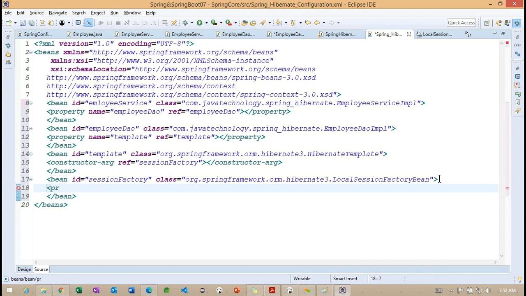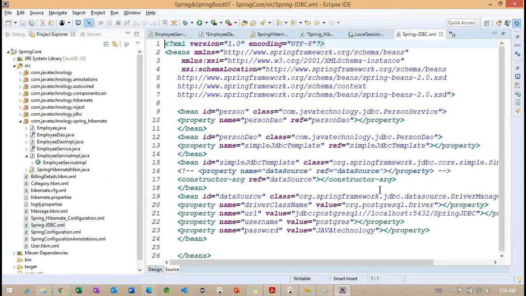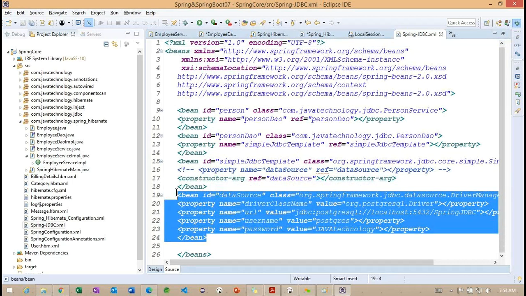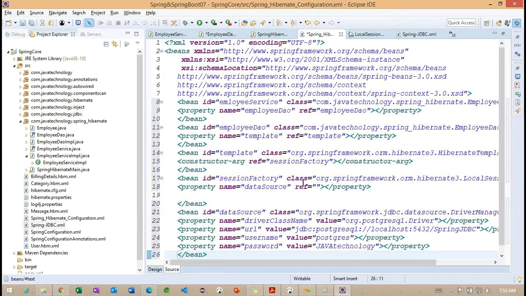Here again I want to work with the property, sorry. Data source. Here I want to work with the references. So to work with this particular reference, what we need to do, here we implemented Spring hyphen. This is a data source configuration. This is the data source configuration.